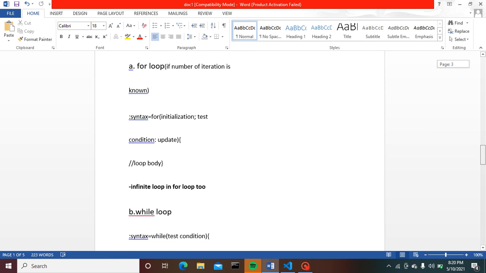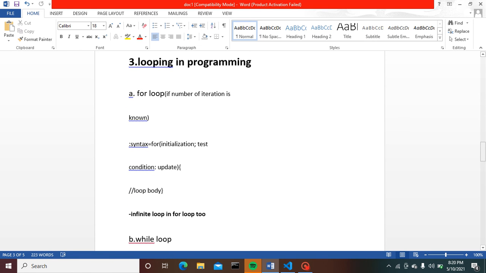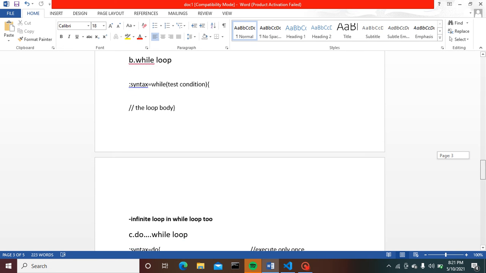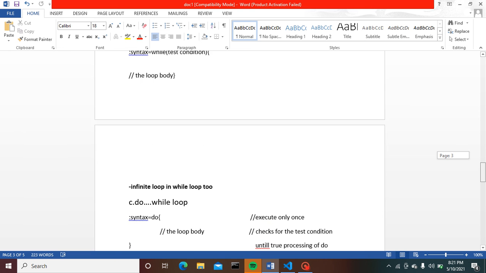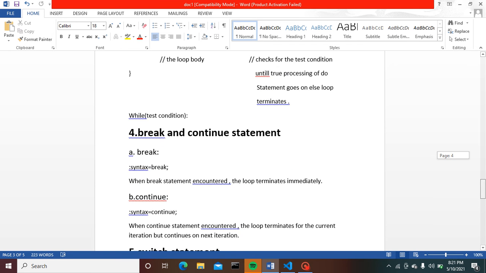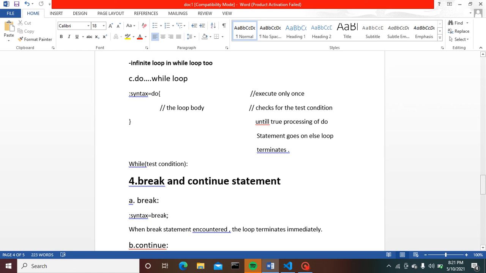The difference between them is that in a for loop we know the number of iterations we have to perform, while in a while loop there is no such condition a user needs to know. In these two, an infinite loop will also work. And the next one is the do while loop. In this while loop statement, these are all the corresponding statements we can use while using a while loop.